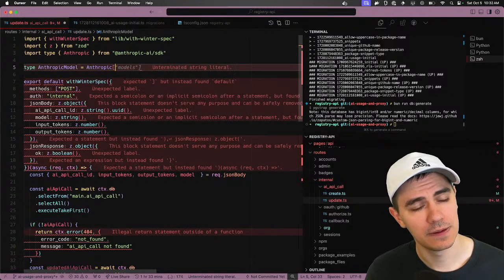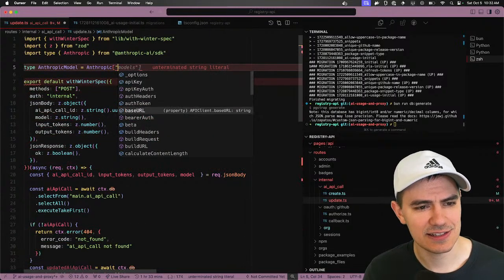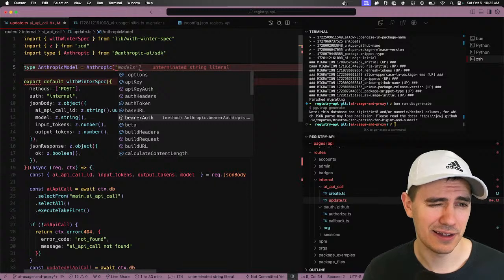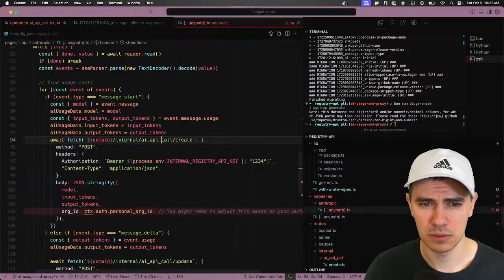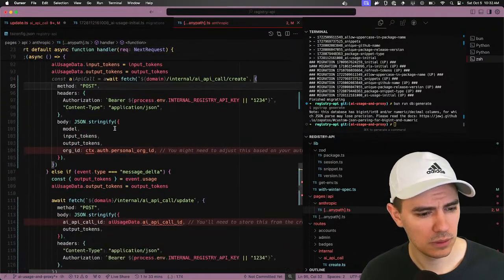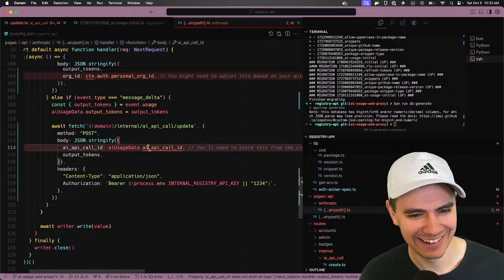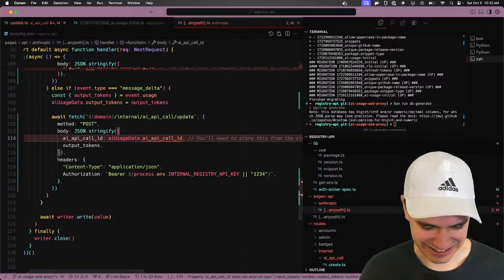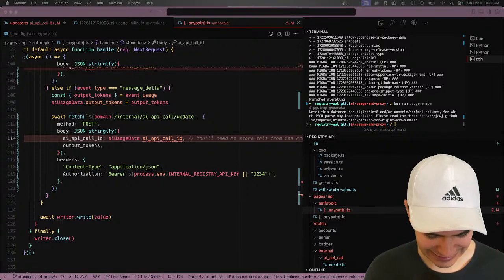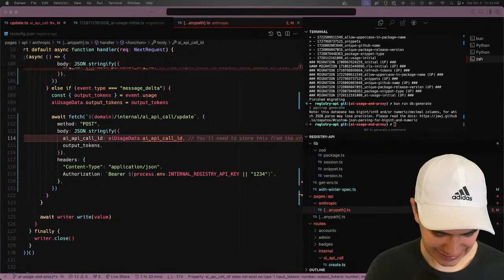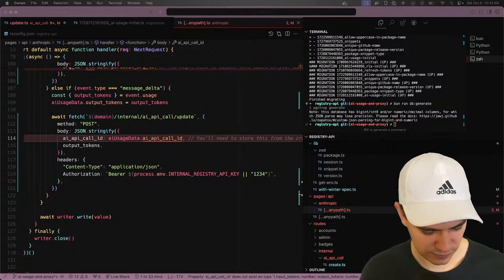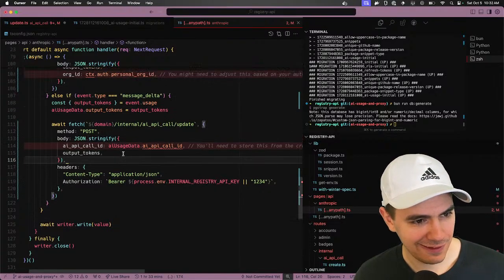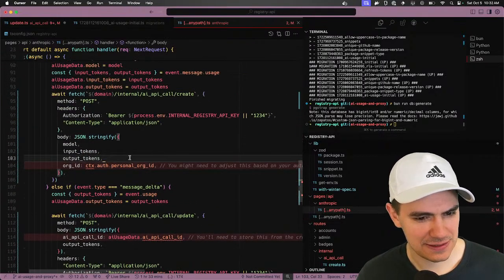So an instance of Anthropic has... this code is so much. Oof. Let's see.